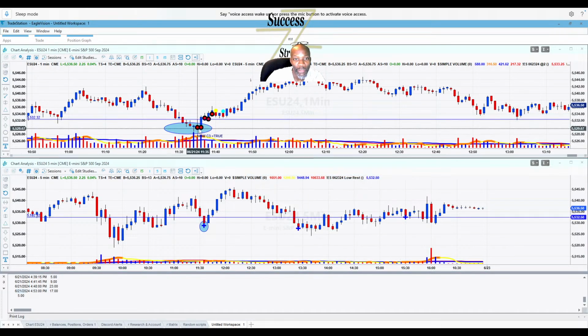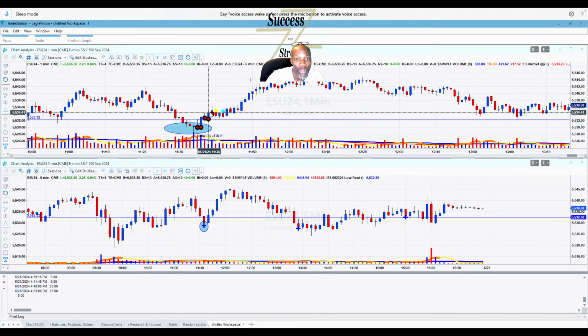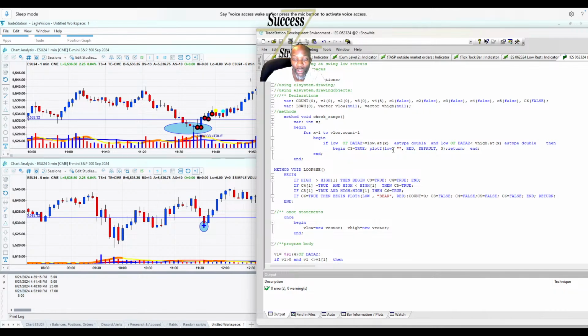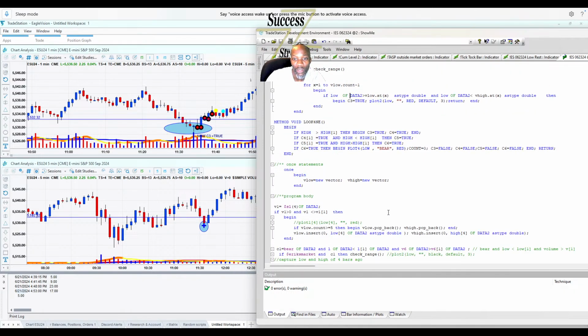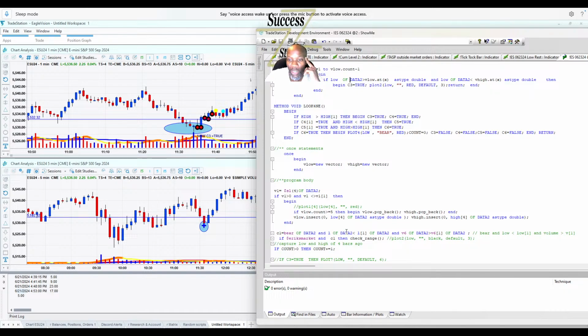But even if you look at this at a 5-minute time frame, this here is the open, close, open, close. Open, close makes this a bullish bar. And I'm specifically telling it, when you're looking on the 5-minute time frame, look for a bearish candle. I didn't tell it that until later. I didn't tell it that until here. Bear of data 2 and low of data 2 is less than,